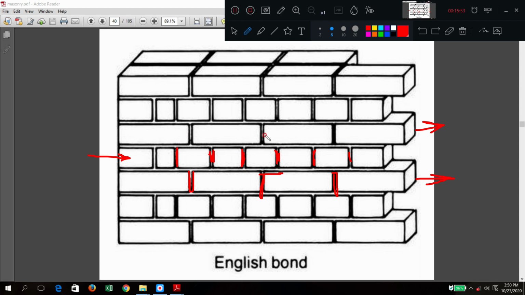Same purpose here, because these joints are less in number, to maintain continuous integrity or same distance, the joints are made thick. Means what? A little bit more mortar is added here, but here a little bit less mortar is added. So in stretcher courses, joints are a little bit thick. In header courses, the vertical joints are a little bit thin. Okay, this is the point.